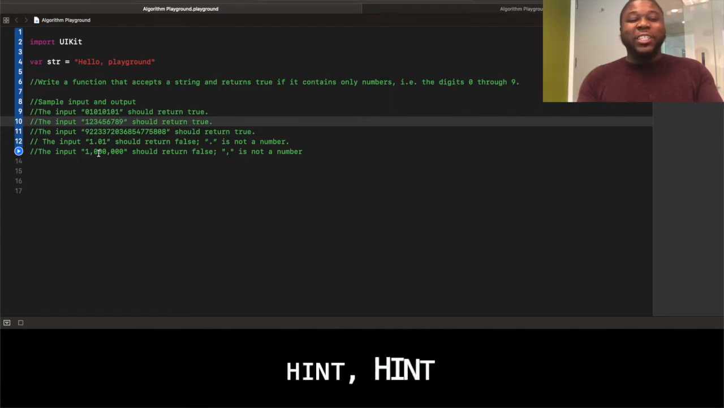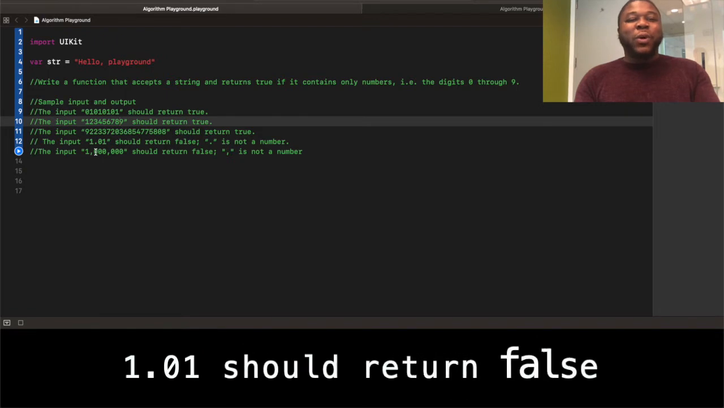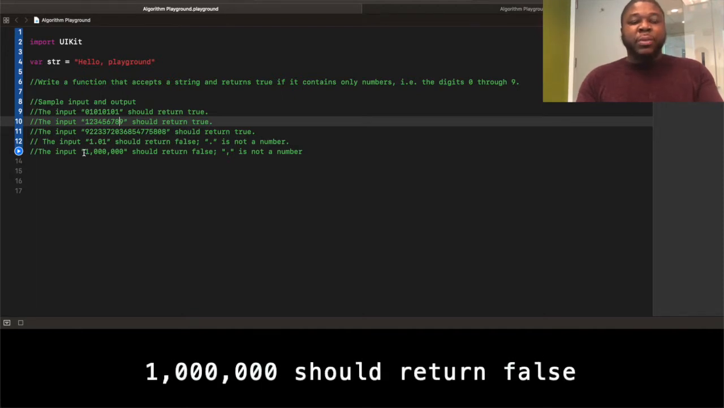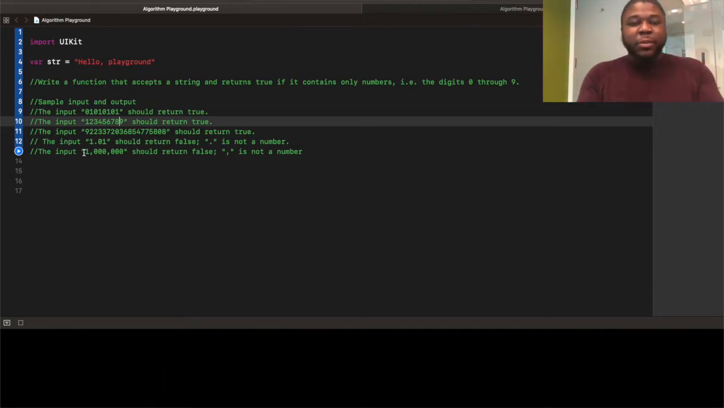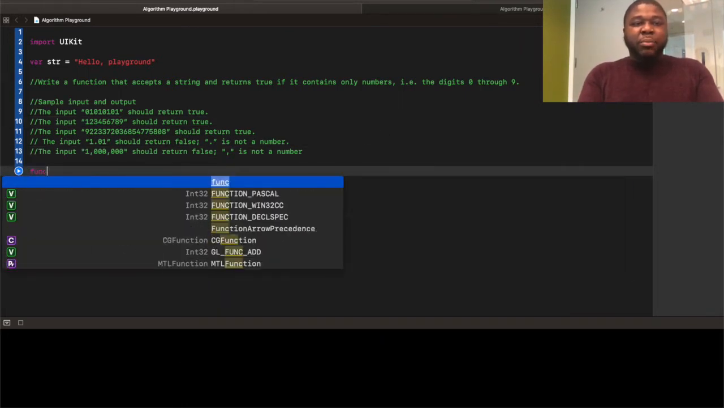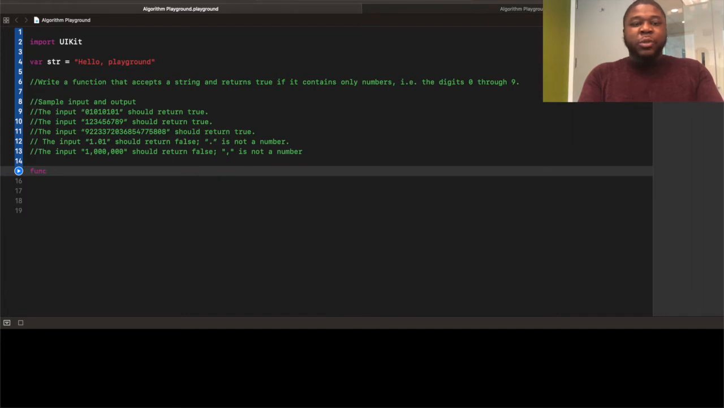Hint, hint, if you watch other previous videos, hint, hint, the input 1.01 should return false because the decimal prevents it from being a true number string with only numbers and not other characters. And the input 1 million should return false because a comma is not a number. Okay? So the reason why I said that people may be underestimating this problem is because if you were to try to approach this in a very straightforward way,